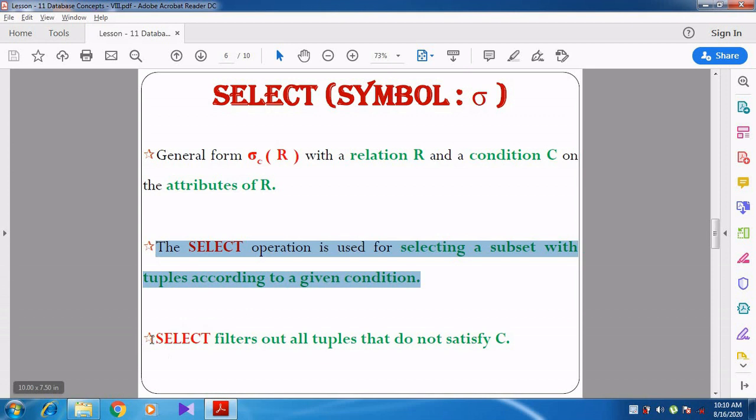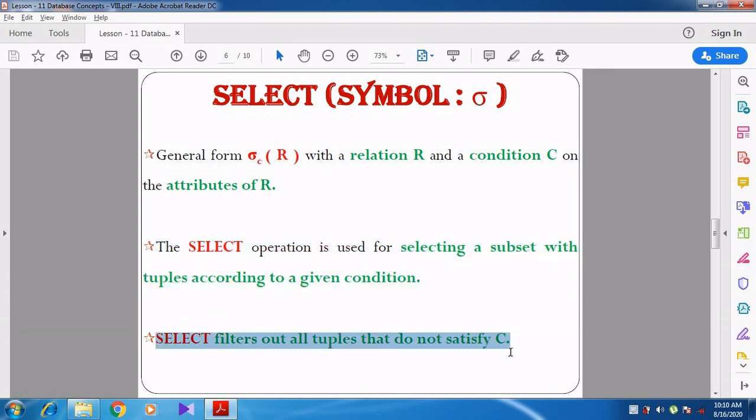Right. So select filters out all the tuples that do not satisfy C. The select command filters out all the tuples, which means the tuples or rows that are not satisfying the condition will not be displayed.